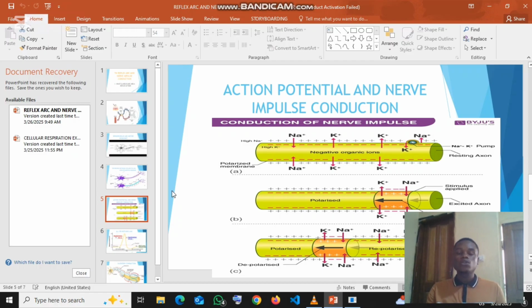So a stimulus can act on the nerve cell, but unless the membrane potential reaches negative 55 millivolt, there will be no action potential. That's what we call the all or nothing law. So when the stimulus has acted and the membrane potential changes from negative 70 millivolt to negative 55 millivolt, action potential starts to conduct. Now, how does action potential conduct? How does the axon conduct nerve impulses? There's what we call